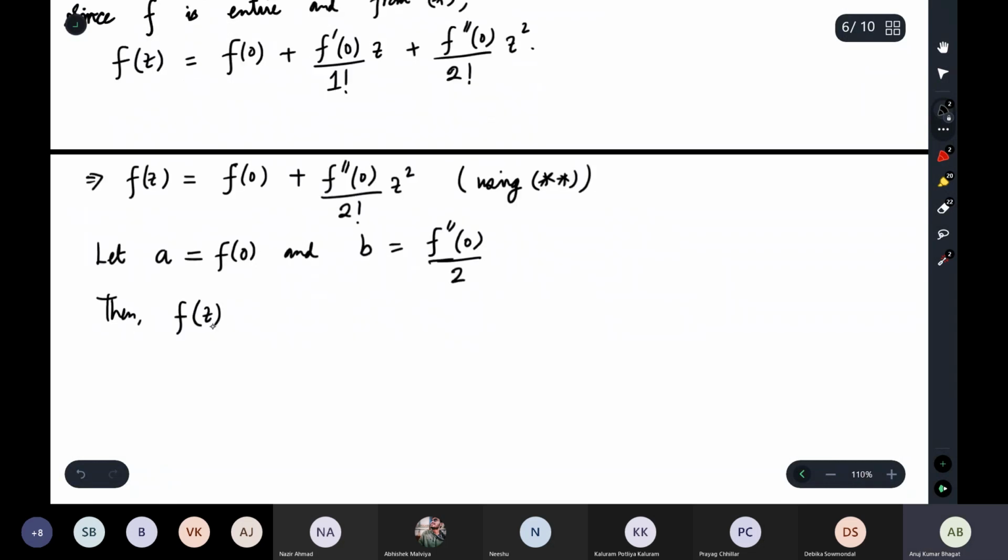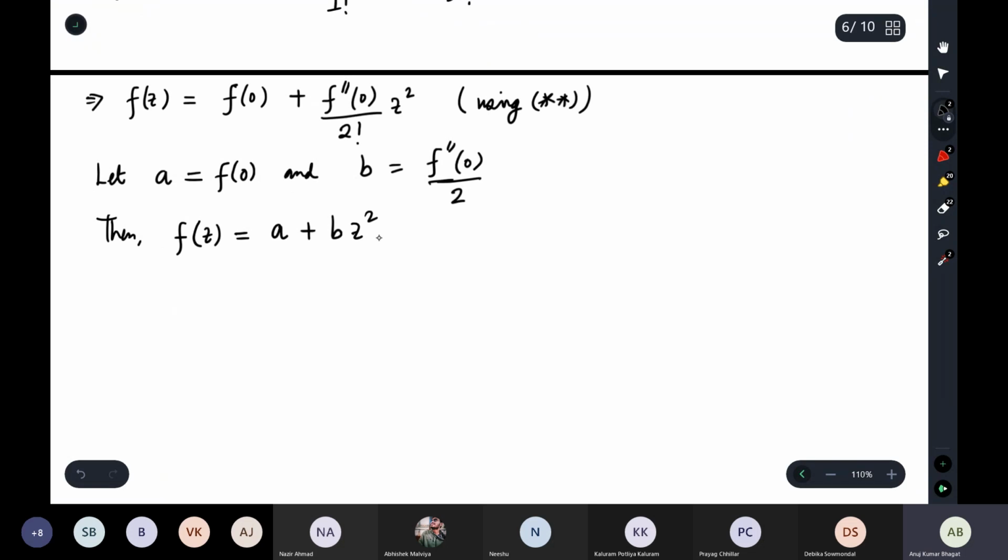Then fz is nothing but a plus b z square. The question, we are almost done except one part is remaining. So what did the first part say? Show that fz is a plus b z square. So we are done. But now we have to prove, we have to show